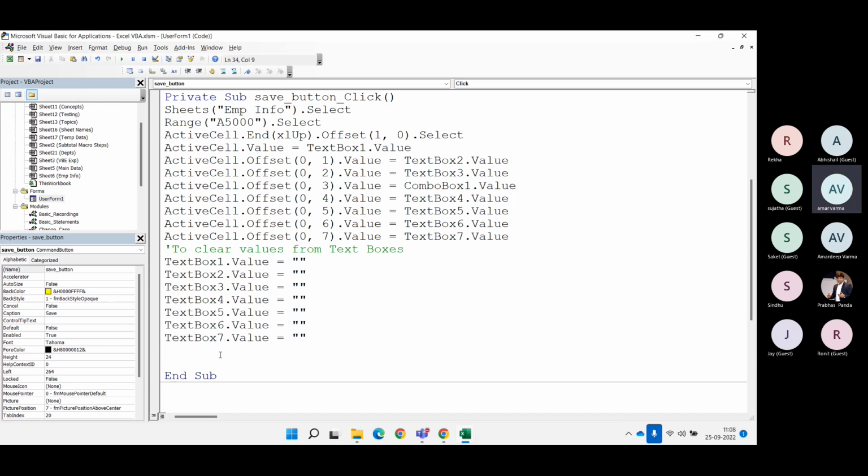You can also clear the combo box if you want. So that will be combo box 1 dot value equals